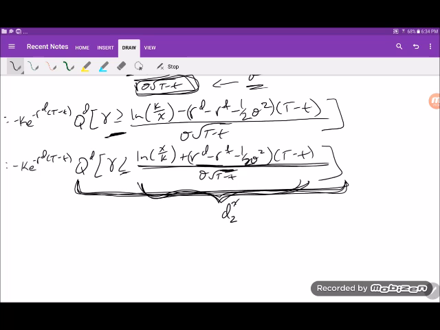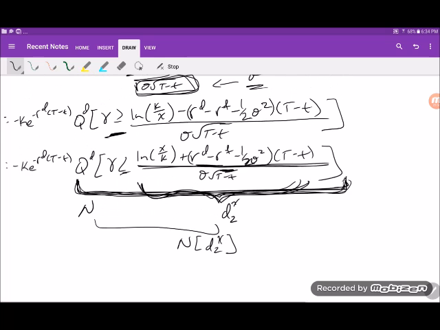But that's a good check to see the analogous logic here: this is just like d2 of the Black-Scholes model, except there you only had a single interest rate. So anyways, you can rewrite this little thing as d2, and then this whole thing would be the standard normal cumulative distribution function, or N. So this whole thing is simply N of d2,